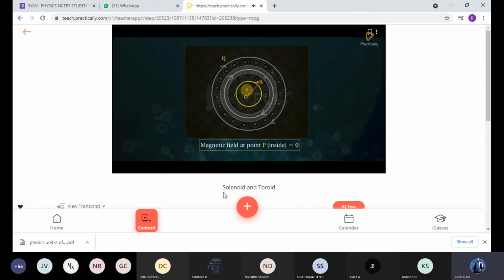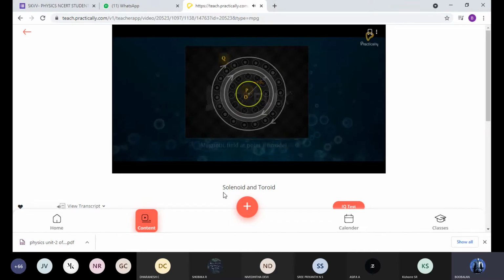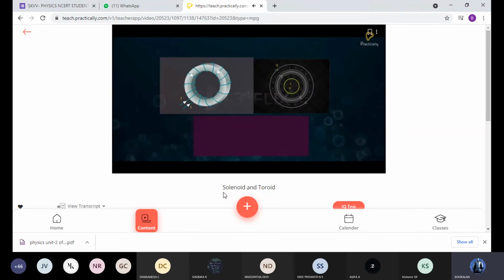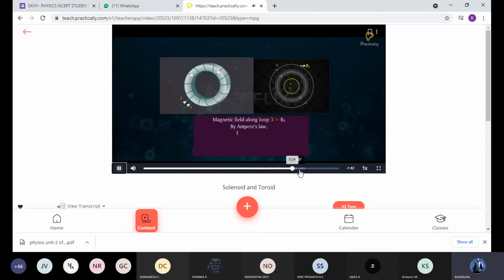The magnetic field at a point Q outside the toroid is 0. Magnetic field along loop 3 is B3. From Ampere's law, we get